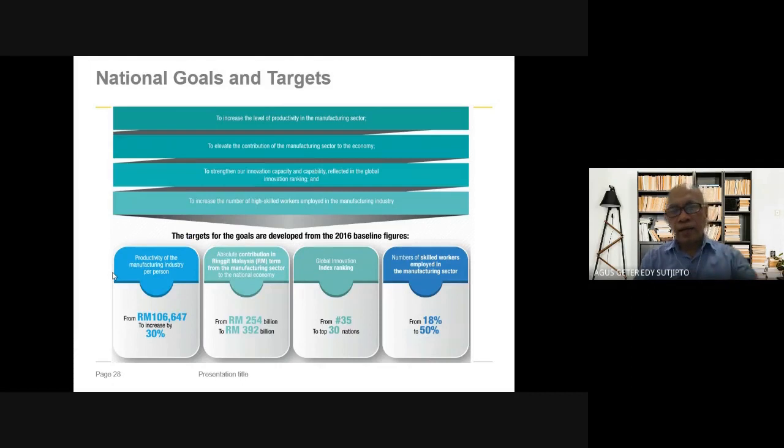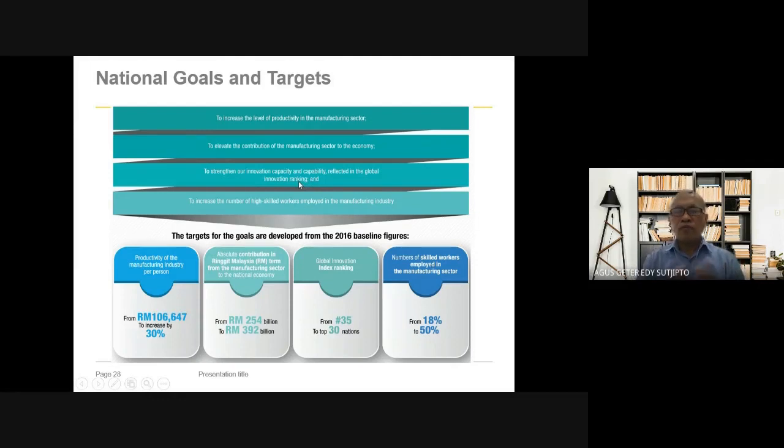And in our country, of course, what is the goal and target? The first is to increase the level of productivity. So this is very important. And another is to elevate the contribution of the manufacturing sector to the economy of the country. So this will be affected.